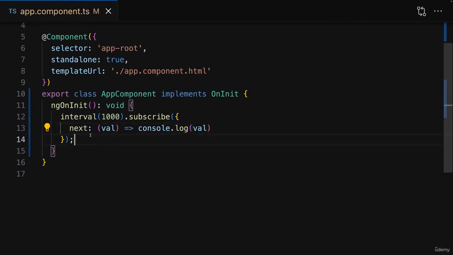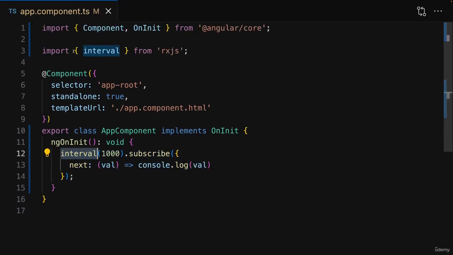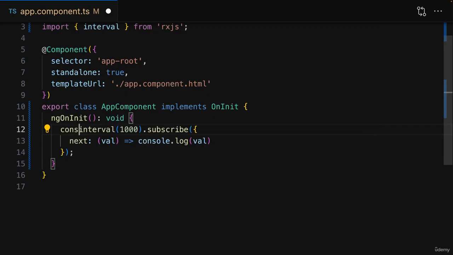Now, of course, this observable here isn't too useful. It could be, though, if you had an application where you need some kind of timer that fires every second. But even here, it's a good example for an observable that is created with help of this function that's provided by RxJS, which is now not like the subject depending on us emitting values, but which instead here, in case of the interval function, produces values automatically. And then we can subscribe to it,